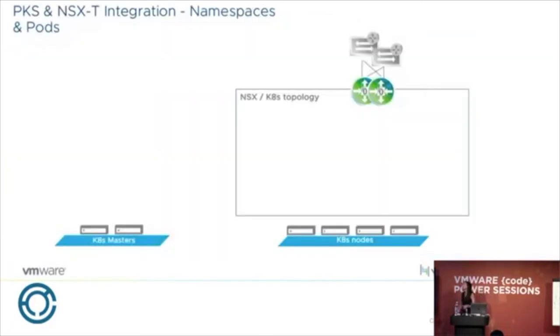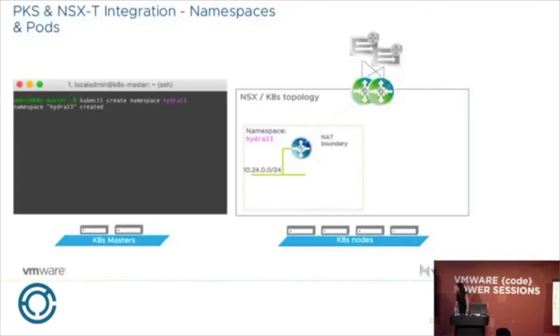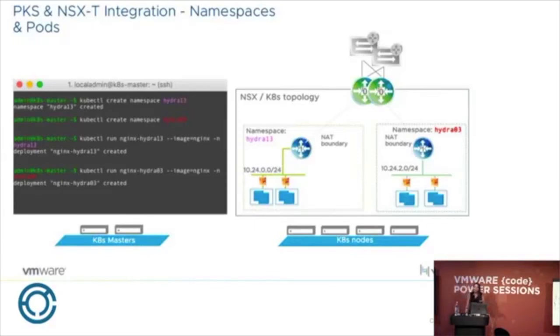So taking a look, first of all, just to get started so we can understand what is happening, I can show you a little bit of the policy from the view of my K8s admin, right? In this scenario, guys, I'm basically starting with my namespace and creating that. As you see, as we created Hydra 13 and Hydra 03, I basically start getting my pods in place, and I have my containers. This is just the basic start of the actual creation of my pods with the namespace. If you're doing this with PaaS,